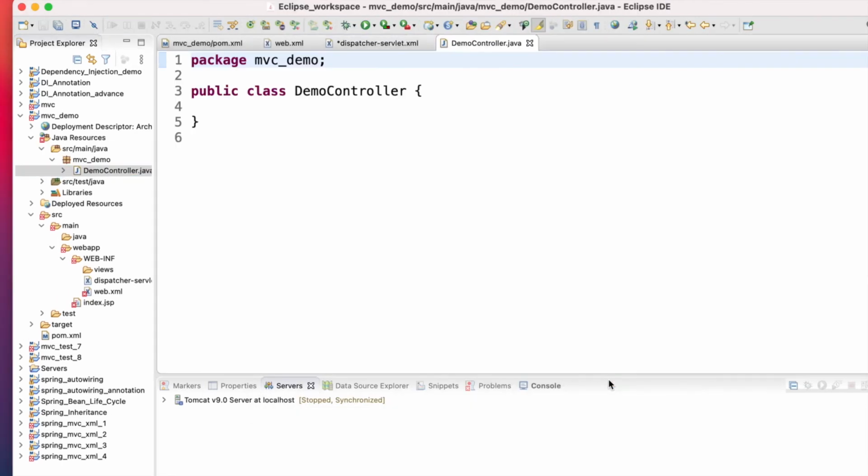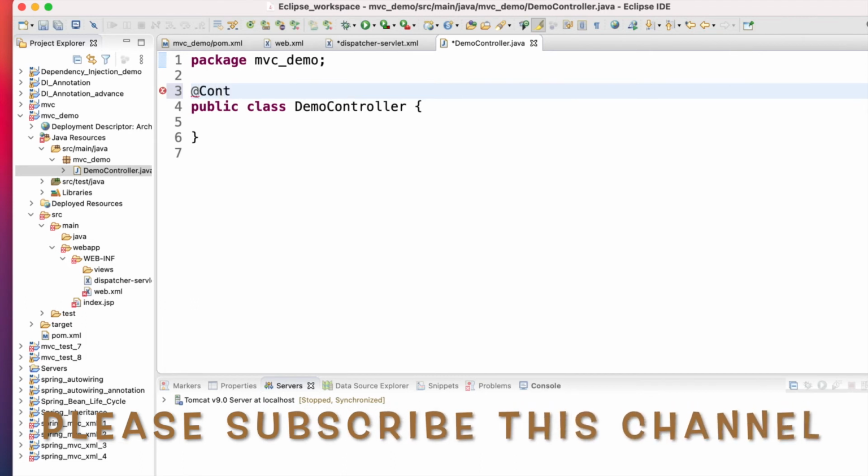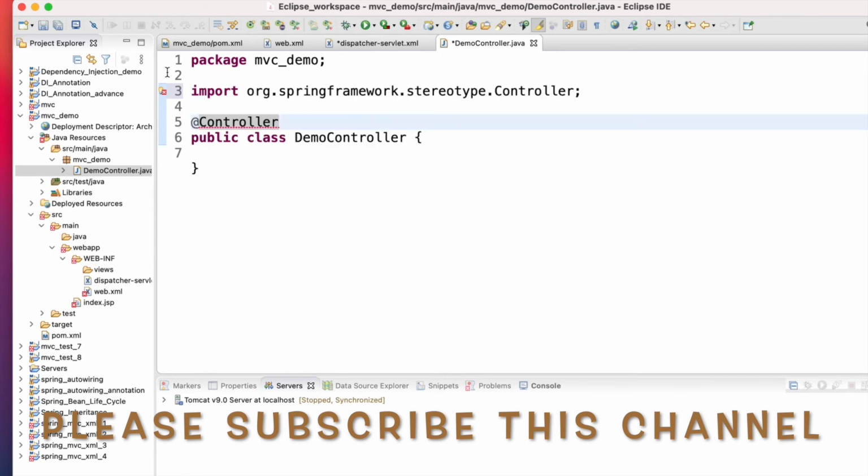But how will you inform the Spring Framework that this is your controller? For that you have to add the Controller annotation, right? So I add the Controller.